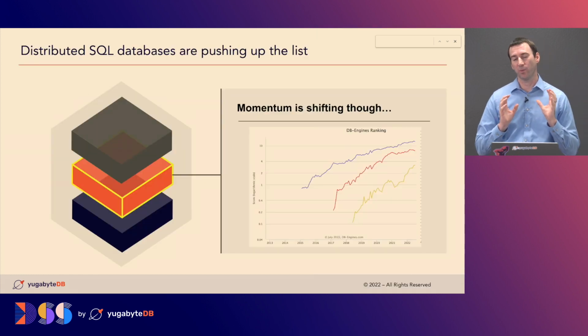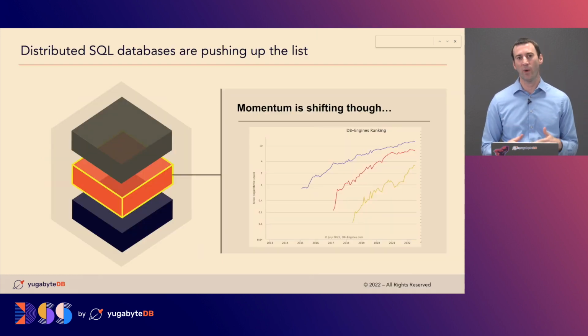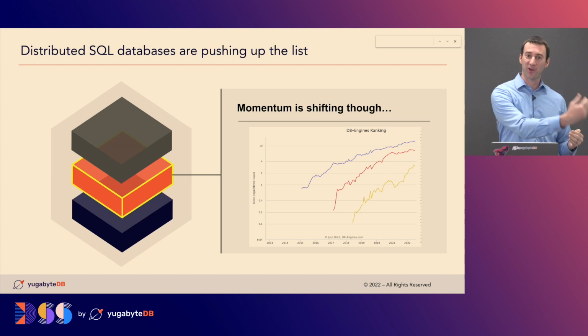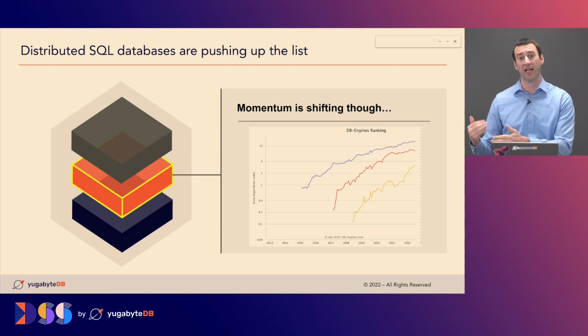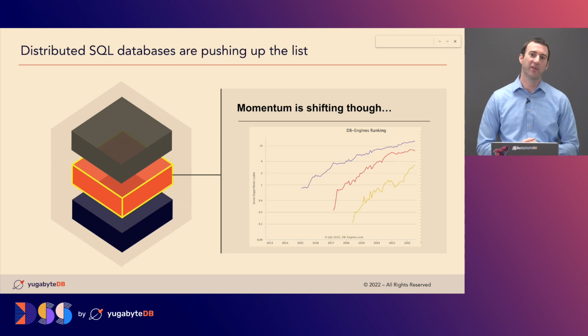So what I want to leave you with in this section, on when is the right time: if you found a way to invest in cloud modernization, if you're on your journey in app modernization, those are key next steps. But to truly maximize and optimize this full end-to-end modern stack, make sure you're not forgetting that middle data layer. And we're starting to see the trends. Going back to DB-Engines and the progression, the rankings of distributed SQL vendors, these are some of the fastest growing products out there in the data space. And we'll talk about in the rest of the session why that is.